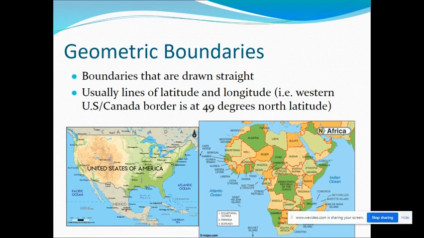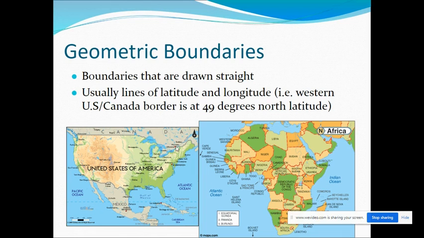often a line of latitude or longitude, and whoever had the power to create those boundaries just decided, hey, we're just going to make it easy. We're going to draw this line here, and we're going to use this line to separate, in this case, the United States and Canada. So we talked about this boundary between the United States and Canada of the chain of Great Lakes